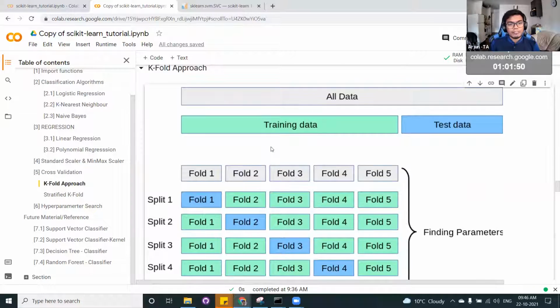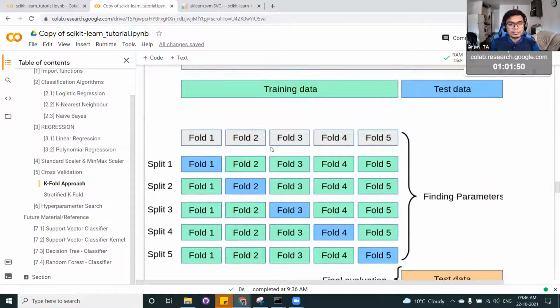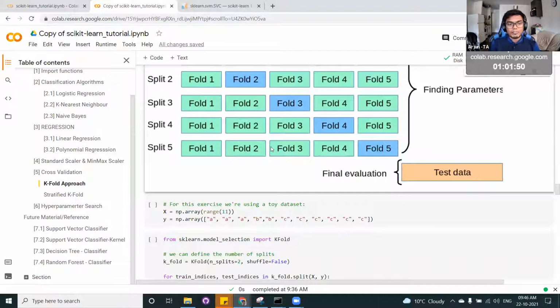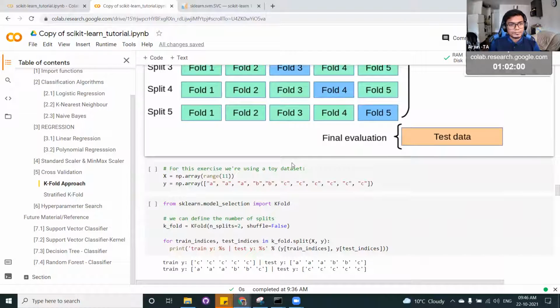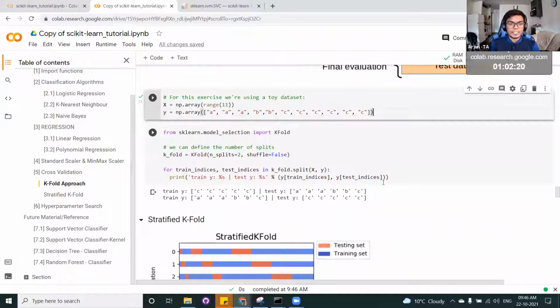Here we will be using a k-fold approach. That is also a very essential technique that you can generally use to check how the performance is. So let's work on a toy data set and see how the splits are. Here you have 3 A's, 2 B's, and 6 C's. So this is an imbalanced data set. This is just a toy problem, just to visually see what's happening in the background.